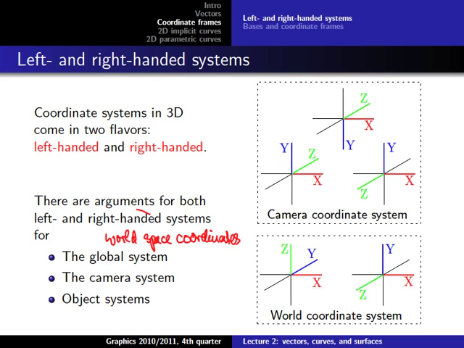And that's why you often need to make a transition from one coordinate system to the other. Another thing is, for example, an object system. So for example, if you think about this flight simulator example, you can think about you have the virtual world,